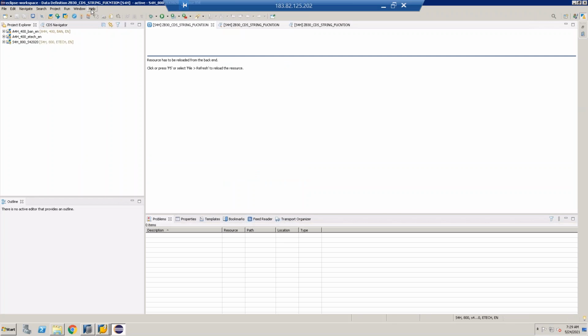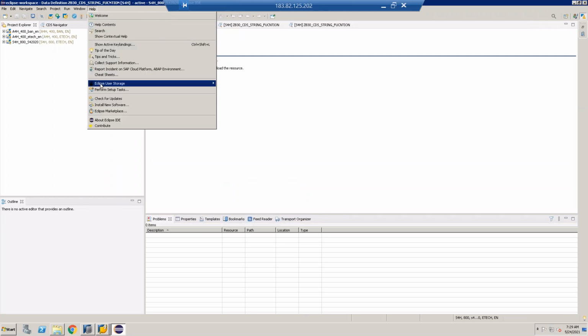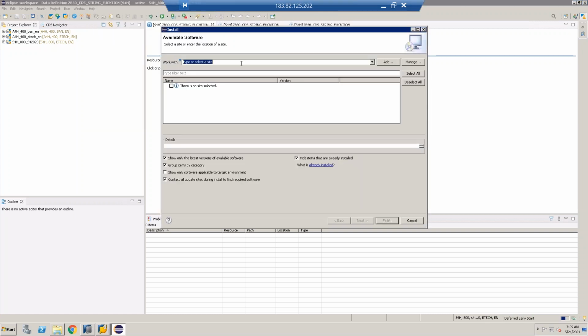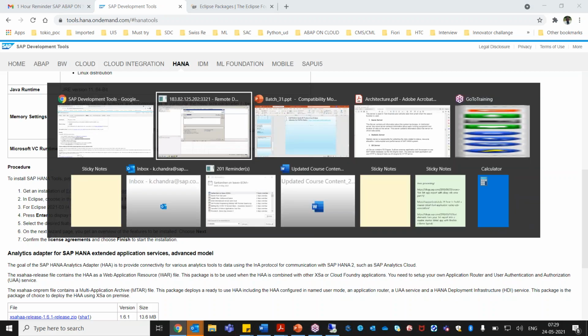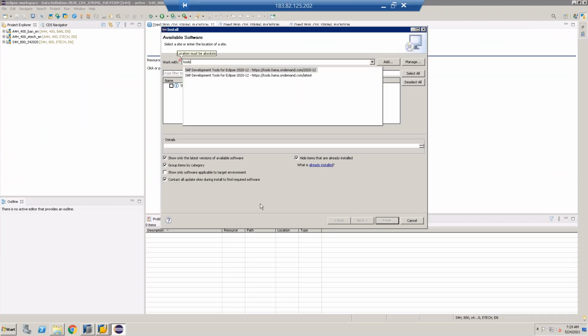So this is my Eclipse. If I go here, I can see Install New Software. Here you have to give the URL. What URL? The URL is already given on this particular site: https://tools.hana.ondemand.com/version name. So I can just type tools dot, I already did in the past, so it's taking from the